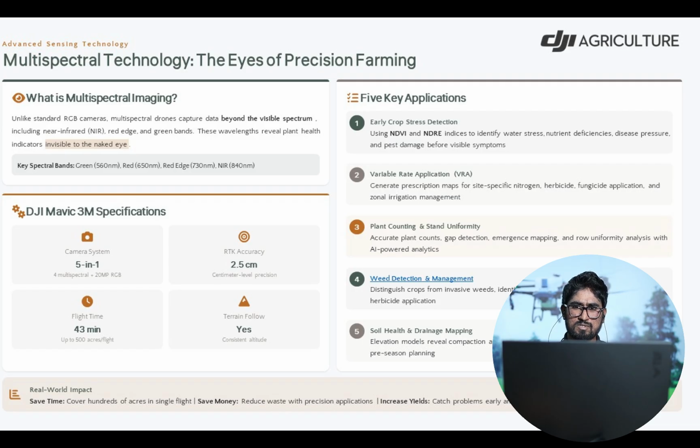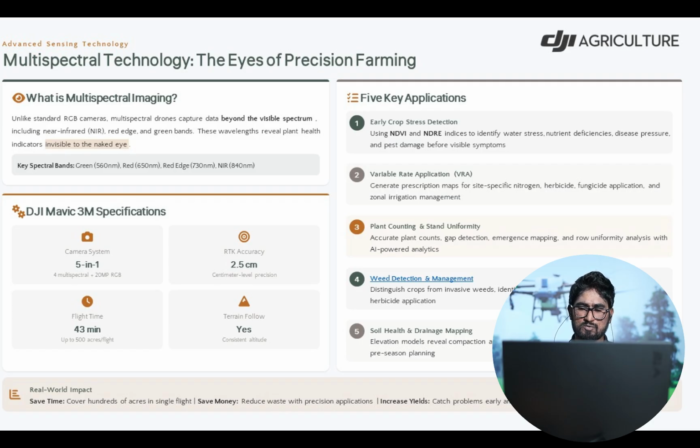We can also use multispectral images for plant counting and stand uniformity: accurate plant counts, gap detection, emergence mapping, and row uniformity analysis with AI-powered analytics. This may help increase our yield and improve productivity per unit area.